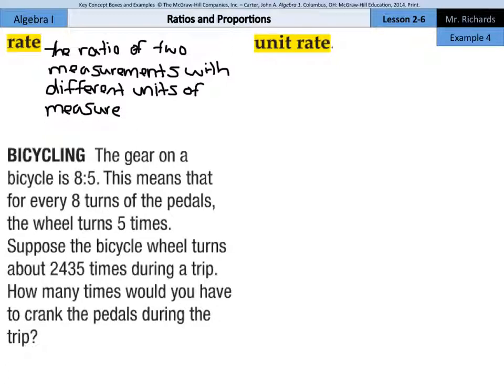An example of a rate could be something along the lines of 60 miles in 3 hours. Notice we have different units of measure, miles and hours. What about unit rate? A unit rate is a ratio of two quantities